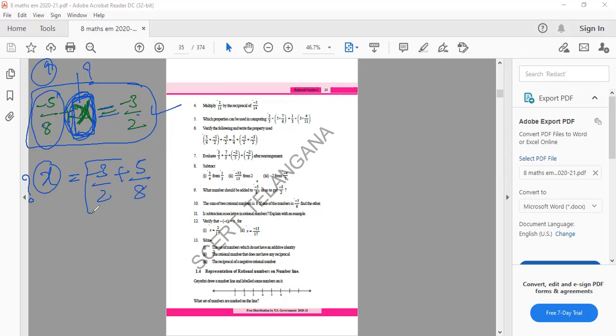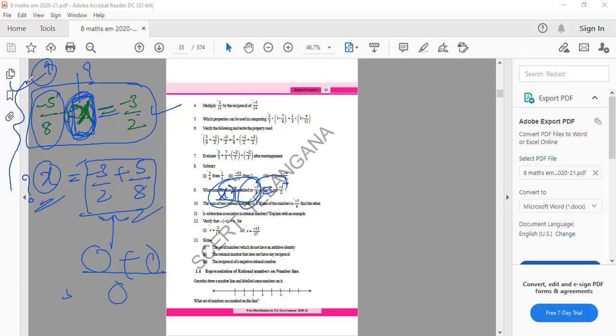So what do you have to do? You need to simplify this first of all. I think you know how to simplify: take the LCM, take two boxes and simplify. You'll get the answer, that is the value of x. Am I clear? What should I add? I should add x to this number, and I got this one. I sent the other term to the right side, simplified it, and got an answer. Clear? The rest of the questions you should work on. You can check the answers in the back side.